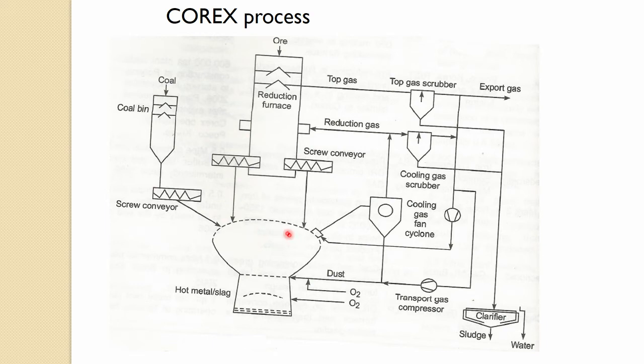Depending on how much post combustion you need, you can put the oxygen amount accordingly, because otherwise this energy is used for the reduction of the iron ore. So, iron ore is fed into this reduction chamber in that reactor, like a shaft furnace type